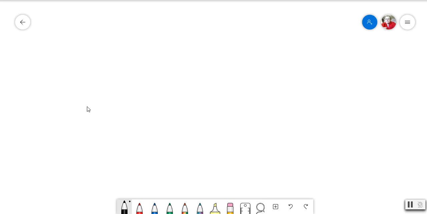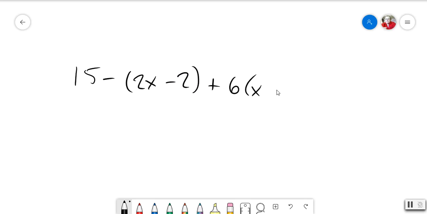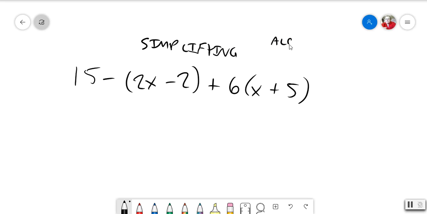Okay. First of all, if you have something like this, this is not one of the specific problems, I'm just making it up. Okay, the first question is simplification, or simplifying an algebraic expression. Algebraic expression is a very important concept here. This is not